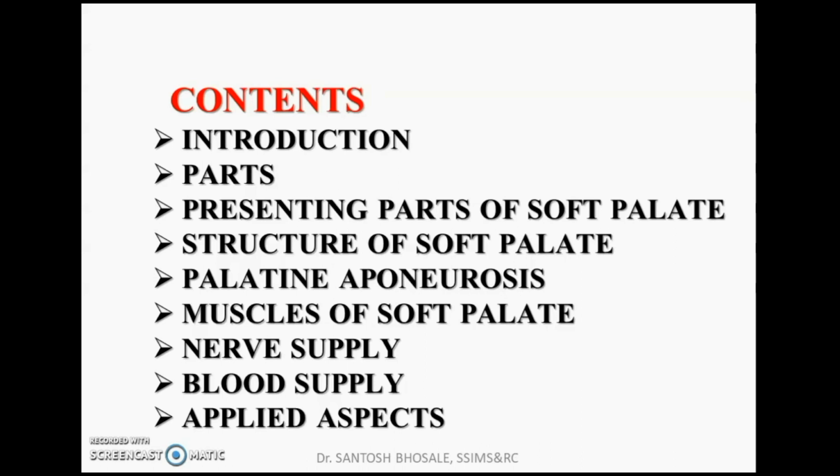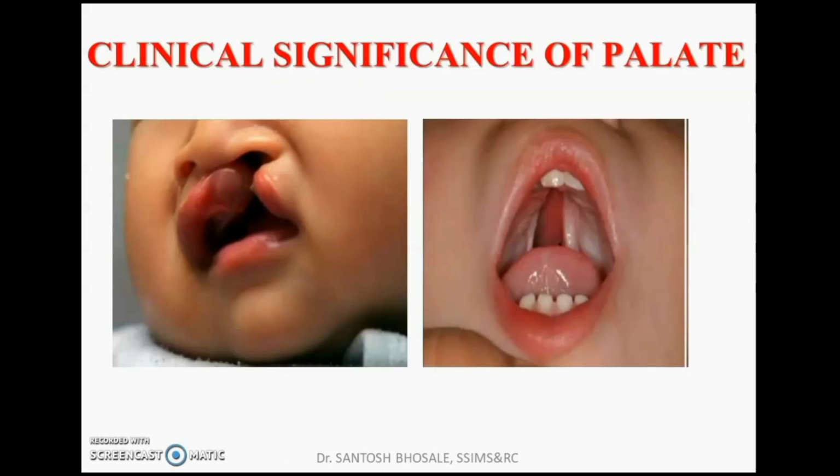The question will arise in your mind why we should know about the anatomy of soft palate. So the answer is here. You can see on the left side the newborn or a young baby is having cleft lip and cleft palate. On the right side you are seeing cleft palate. So to diagnose these kinds of congenital anomalies and to repair them, we should have accurate anatomical knowledge of